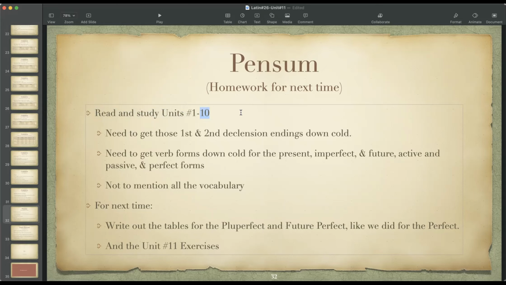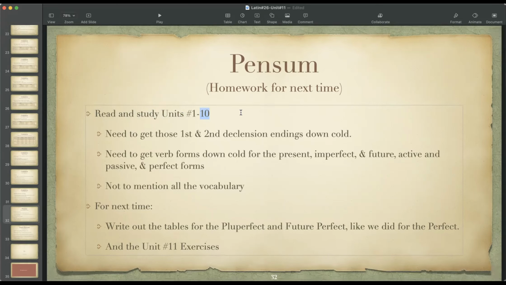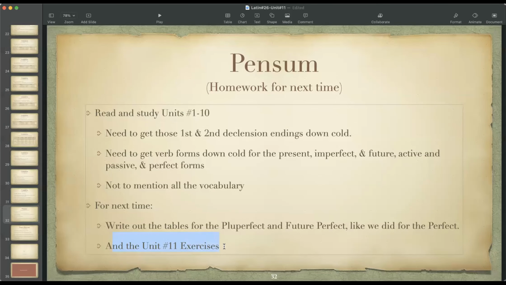Next time, what I would like you to do is the Unit 11 exercises. They do not have writing out the tables for the pluperfect and future perfect. So what I'd like you to do is go back to chapter 10, where we wrote those out for the perfect, and write them out for the pluperfect and future perfect, just to have a little practice there. And then also the Unit 11 exercises. Now, I will warn you that as time, okay,